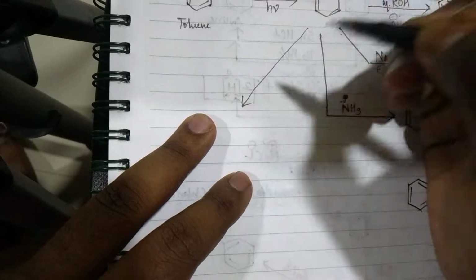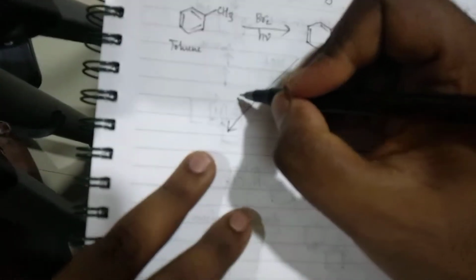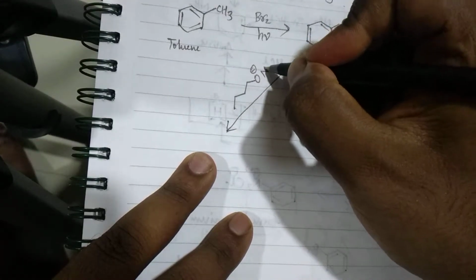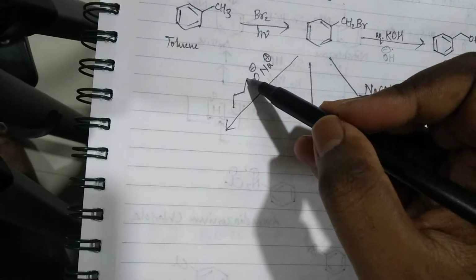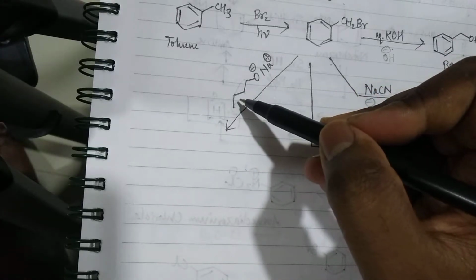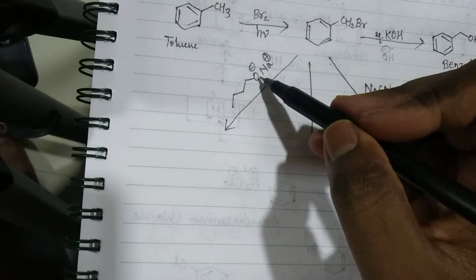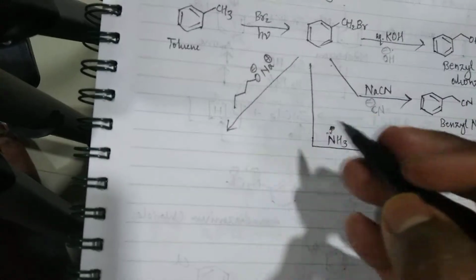There's one more reaction, as I just now remembered, we can put up, which is an alkoxy group. So suppose this is that alkoxy compound, 1 2 3 4, sodium. So this is a butoxy group. Alkoxy is basically an alkyl group attached to an oxygen. Here this group will attack this carbon atom, removing the bromine.